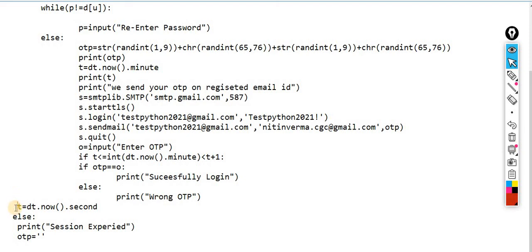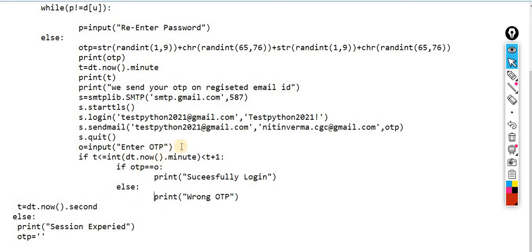Okay, and now let me check what exactly. I think this is inside this and this is inside this. If the time is more, let's suppose you enter the OTP at 45, because you got the OTP at 43 and you have only 1 minute to enter it, then this condition is false.